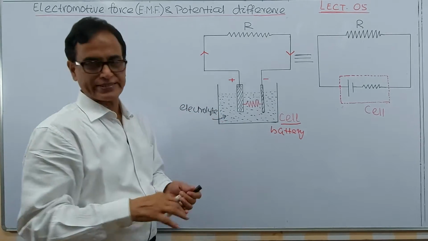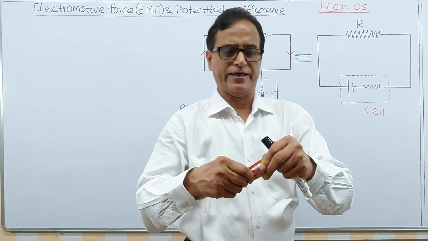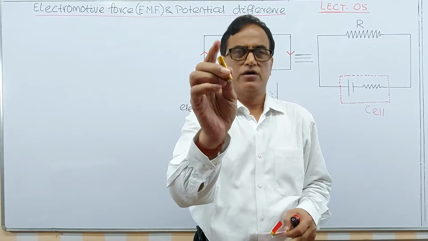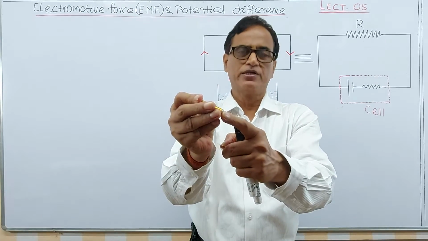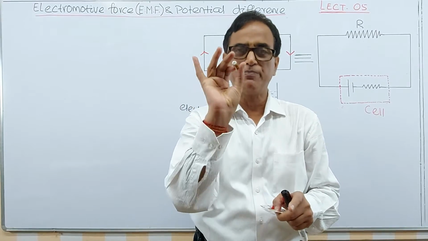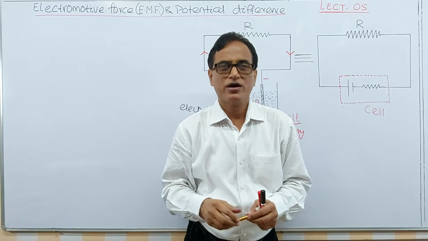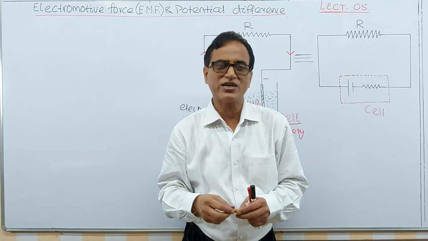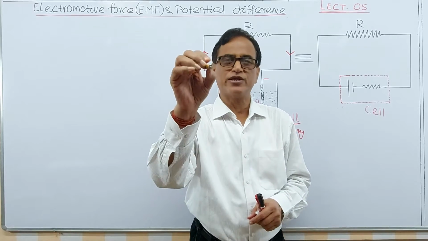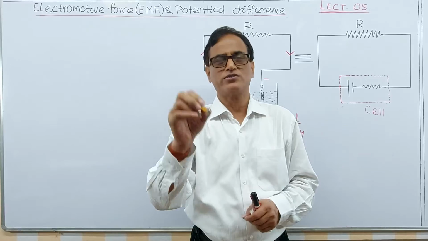And this is so-called a cell. The cell you have read about earlier, this is so-called a battery, we can say. This is a cell, and this side is positive and this side is negative. This is called a dry cell, simply a battery. And there is actually a very interesting question. After this completion of the cell, if I ask what is the potential difference or voltage of the cell, many of the students are unable to answer this.